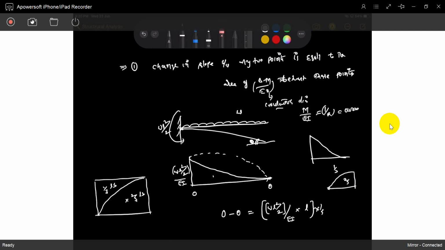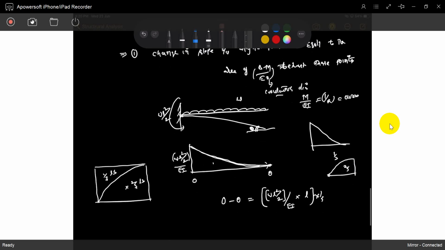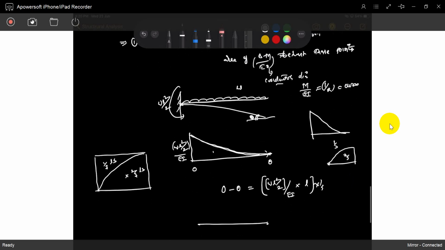So how do we have to draw? Sir, this type you have to draw, or this type? How can we know? That is the question. That I explained in the extra day class. If you want to draw a shear force diagram, what is the shear force? At the free end it is 0. What is the shear force here? WL. So this is WL, that is the shear force diagram.